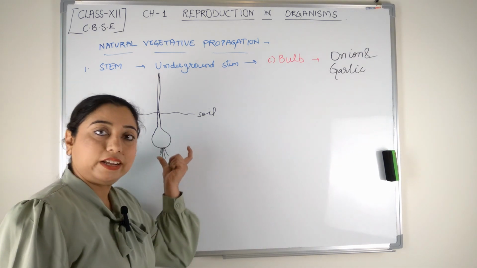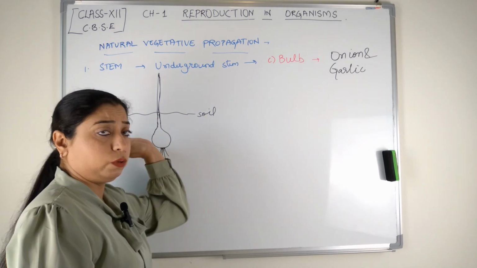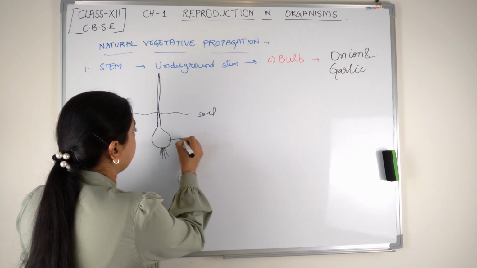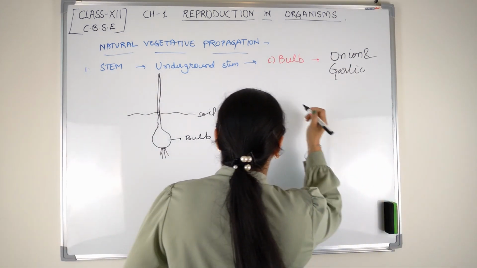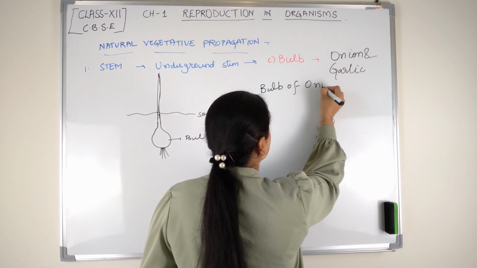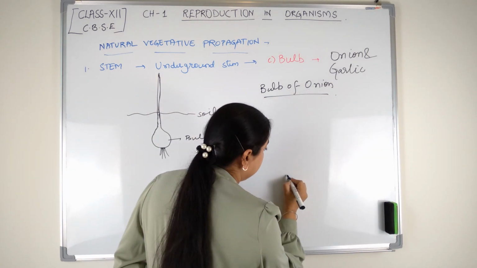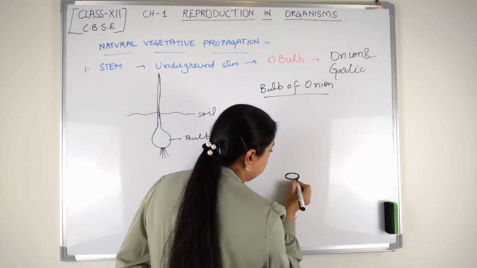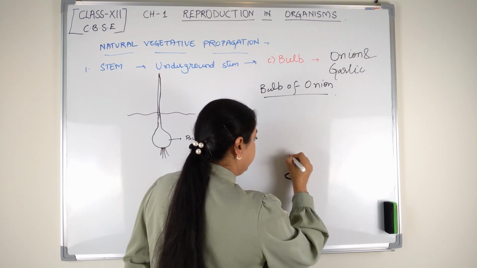So it is vertically placed. Bulb is vertically placed, vertical to the soil surface. If we draw a structure of the bulb of an onion, we'll see there will be a reduced disc-like structure. Above the structure is present